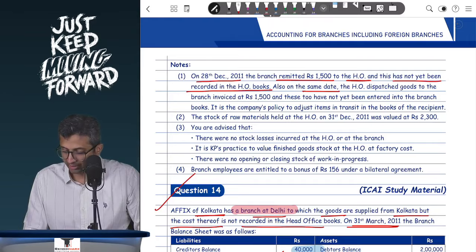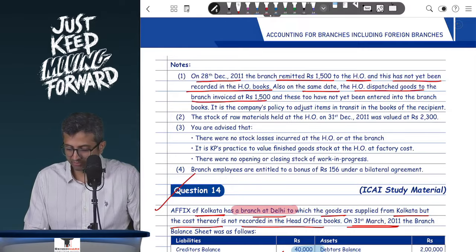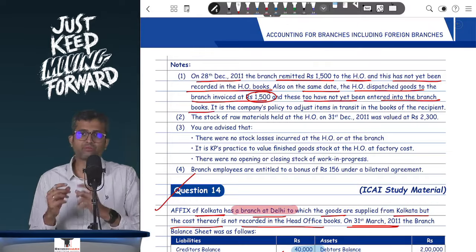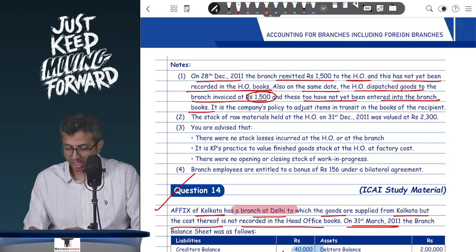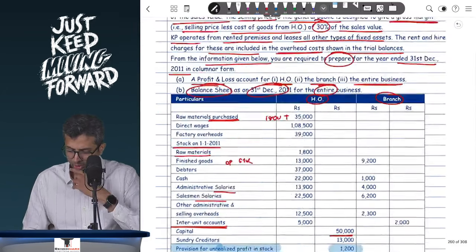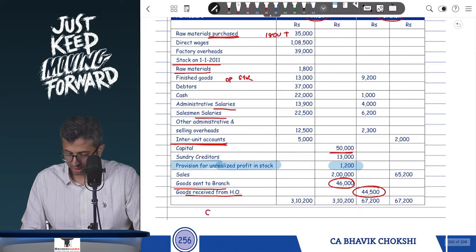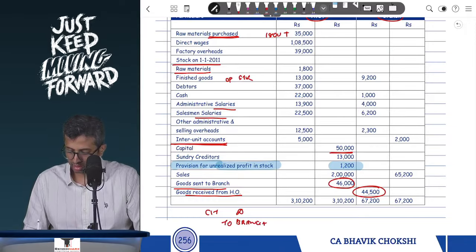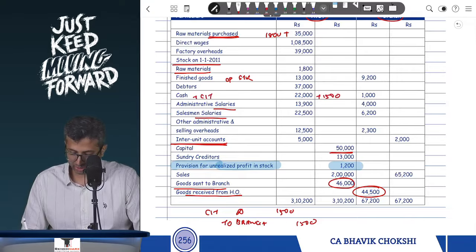Also on the same day, the HO dispatched goods to the branch at 1500, and these two have not yet been entered into the branch's books. This you could have detected, 46,000 and 44,500. The company's policy is to adjust the items in transit in the books of the recipient. So over here in the HO's books, you will pass the entry: cash in transit account debit, to branch, of 1500. So there will be cash in transit of around 1500 debit, and then branch will be credited. So in the HO's books,